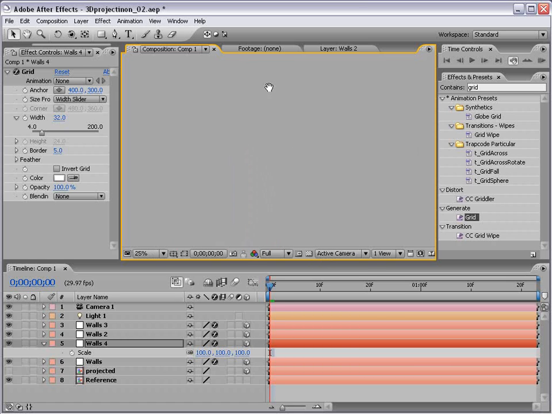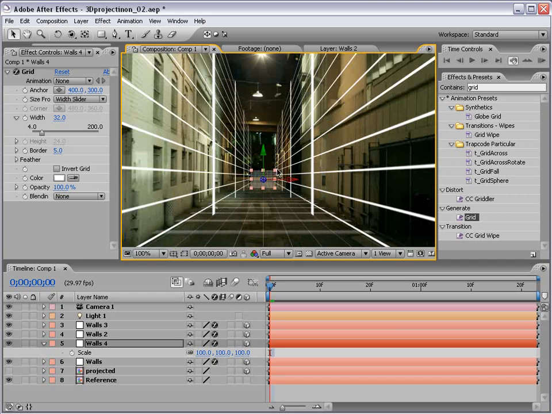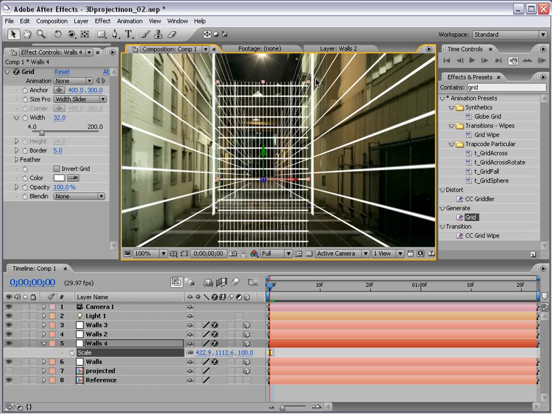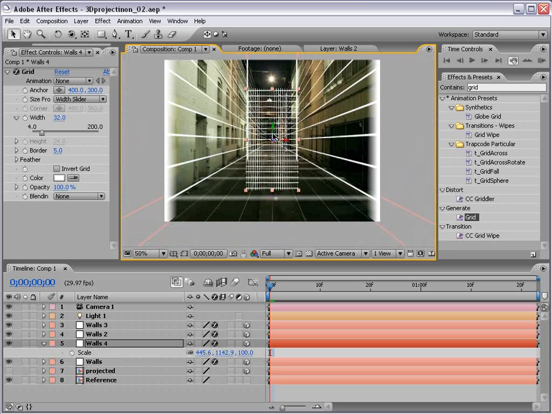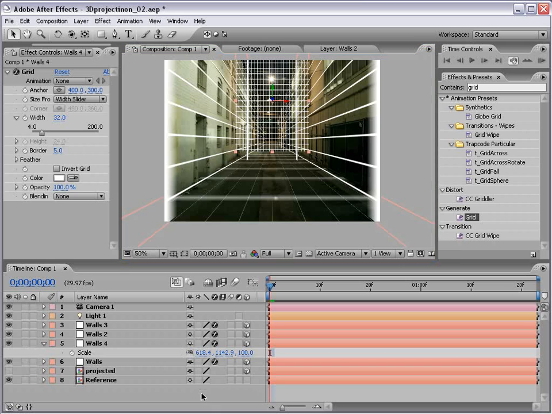Active camera. Okay, so that's our wall back there. Now we can enlarge it, and it looks like it's overlapping, but remember, it's not. And if you hold down Shift, you can move things a lot easier in 3D space. So we just basically want to fill the space so that anything that doesn't get caught by the walls or the floor will get caught by this background